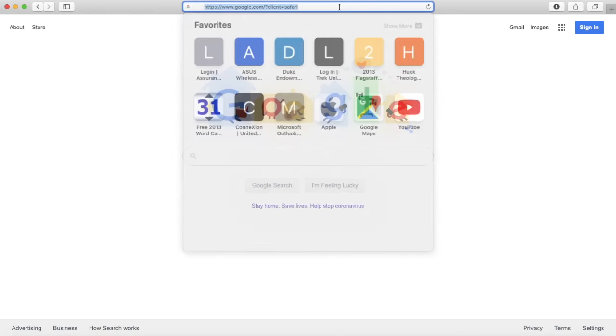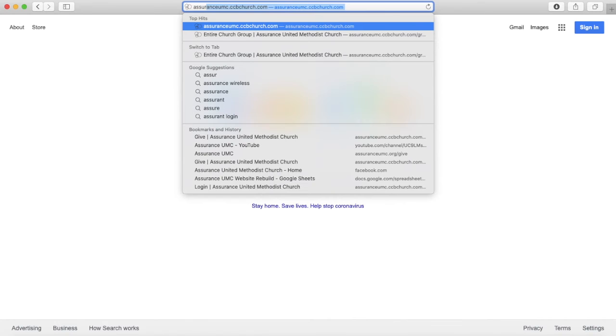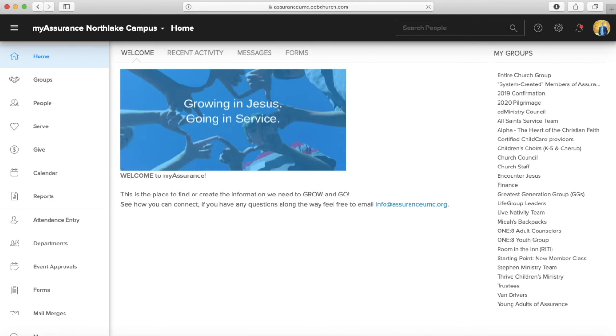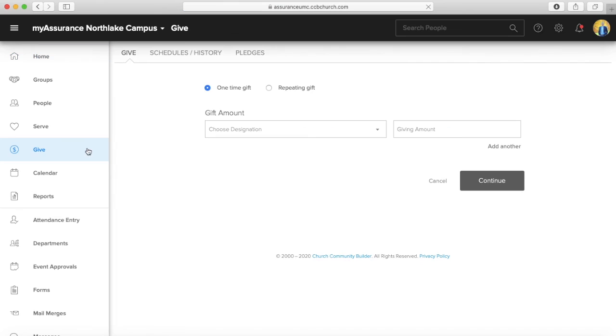If you prefer to give through your MyAssurance account, that is simple as well. Simply go to your account, log in, and on the left-hand side, you will see an option for Give. Click Give, and you will be taken to a page to select a one-time gift or set up a repeating